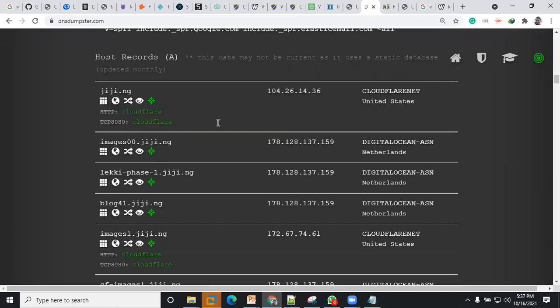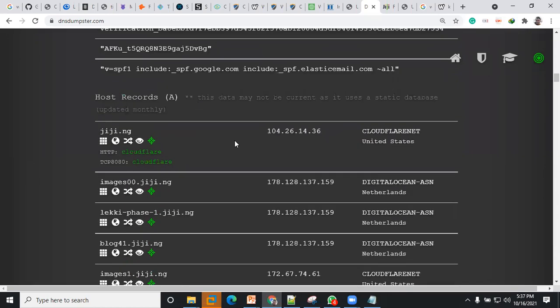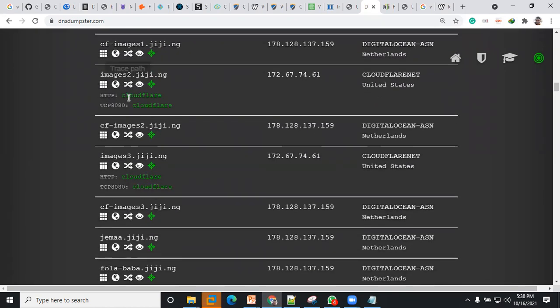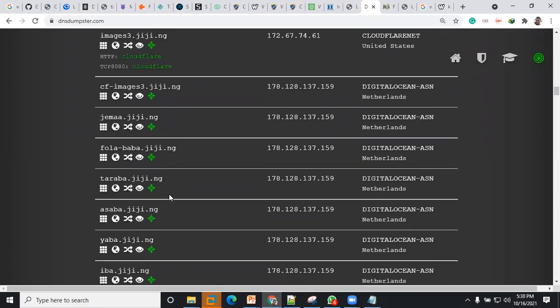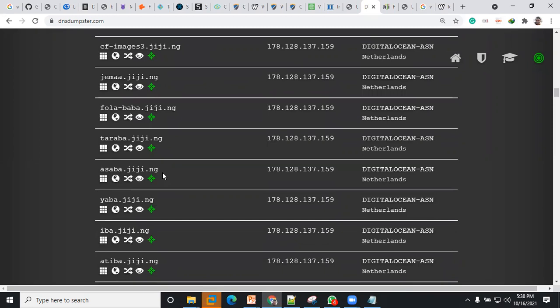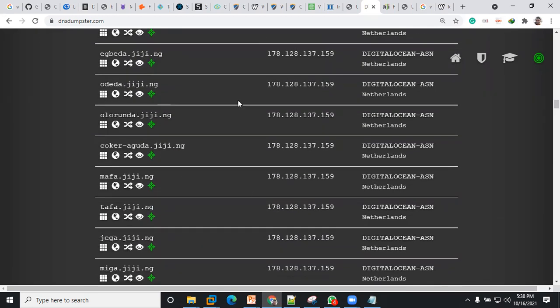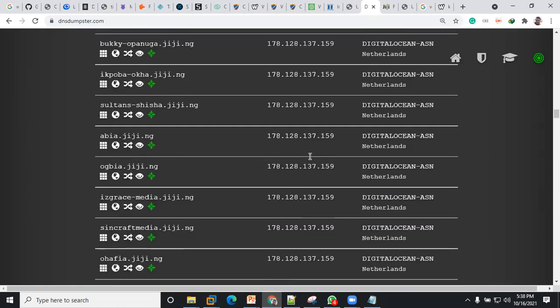Then the A record, and we can see different subdomains or subdirectories within that particular website, and you can see all of them are redirected to .159.